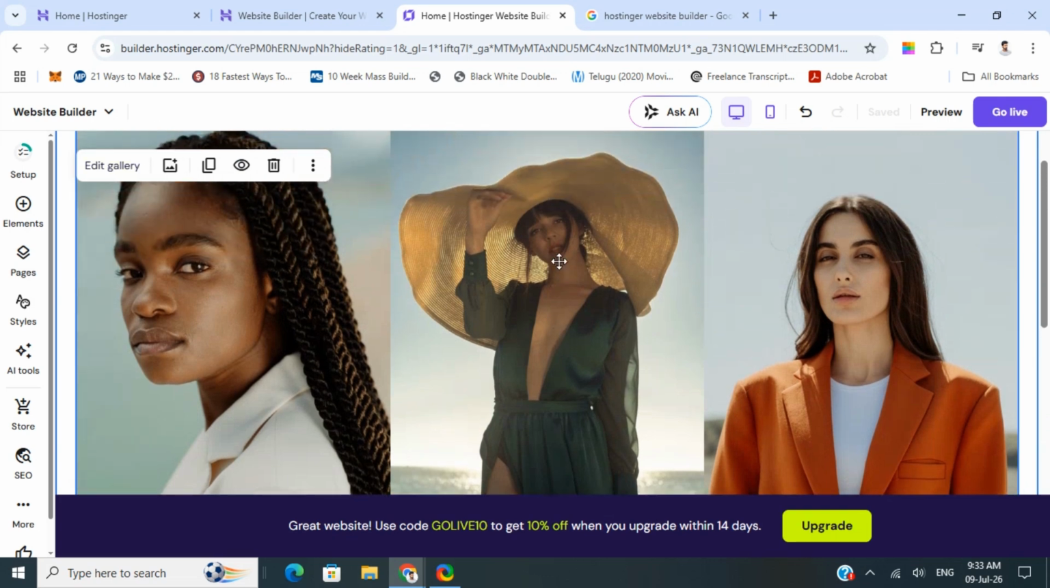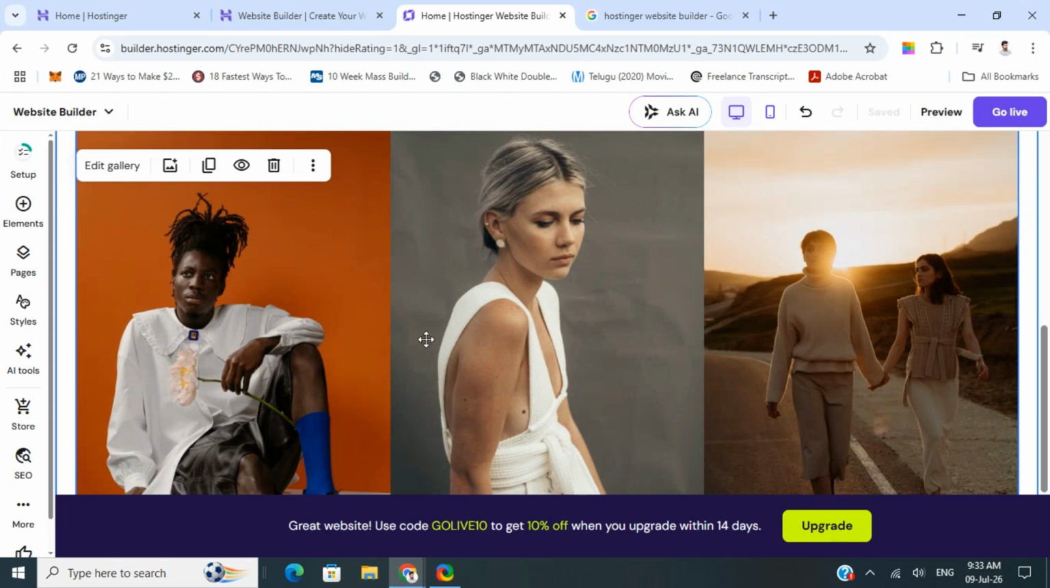So if you want to change this gallery, you can just click on edit gallery and then change it, or if you want to manage the gallery, click on manage to do that. So you can simply click on it and change it. Other than that, if you want to access the elements,